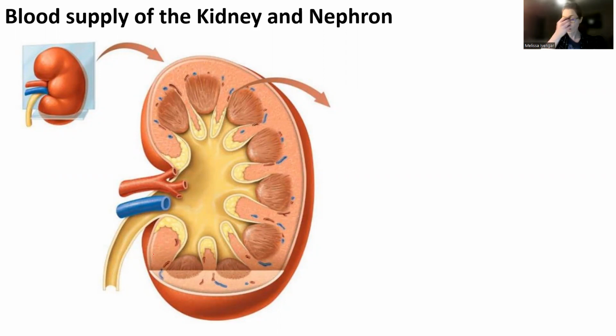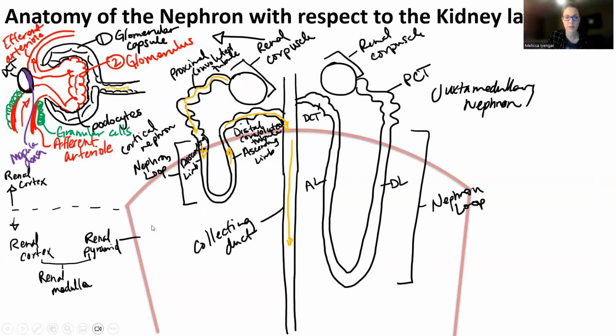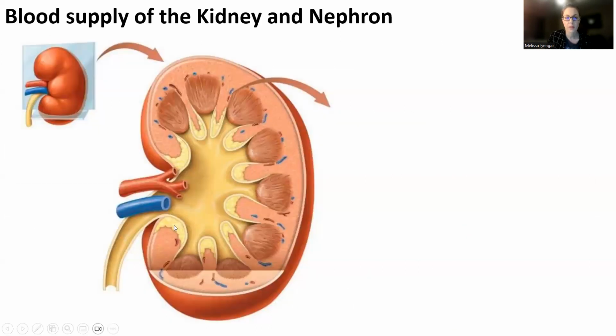Okay. So I'm just going to draw on here where the blood vessels are and label those blood vessels. And then I'm going to go backwards to this chart and add some of my blood vessels. And then I'm maybe going to make a flow chart. We'll see. Remember, it's like a 15-minute video. So we'll see. Okay. So the first thing you want to understand is